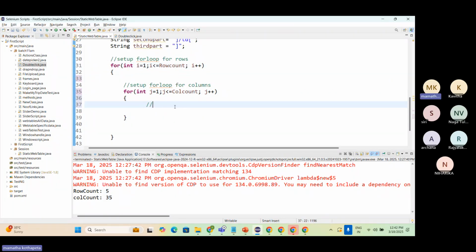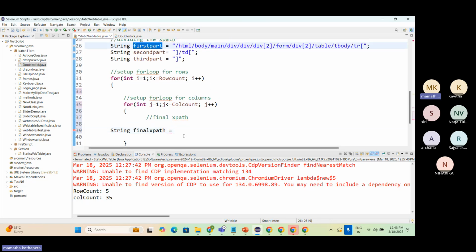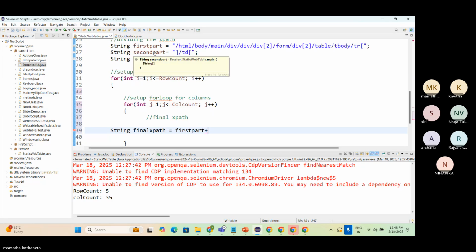So right now, what is this error? Let's remove this one. Okay, now we need the value to be 1. Now let's prepare a final XPath. I'll put a string, final XPath, is equal to the first part. What is the first part? This is the first part. First part plus,